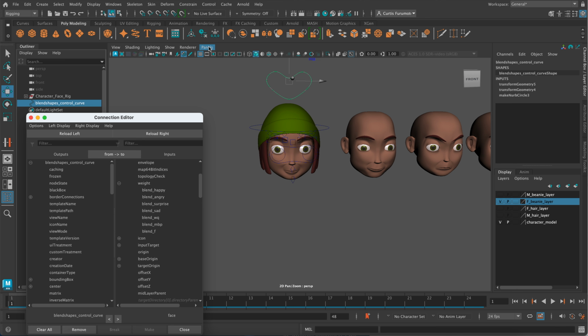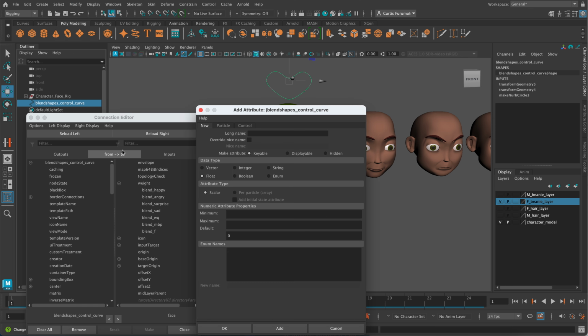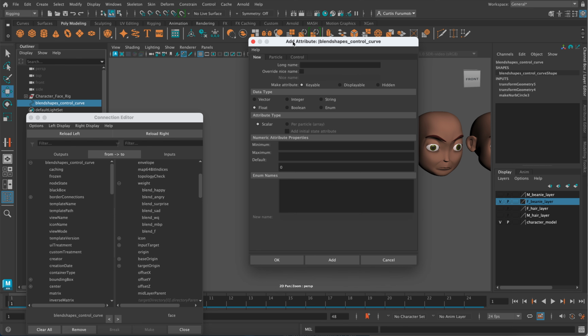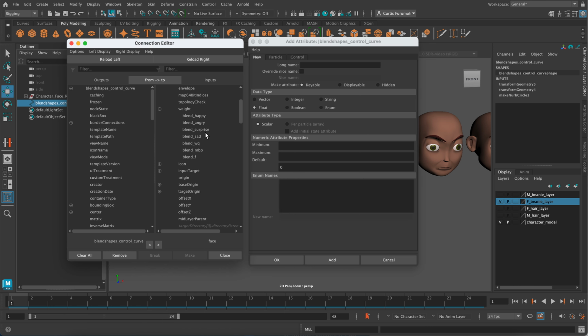To set that up, we're going to go up to modify, and we're going to choose add attribute. So modify and choose add attribute. Now we're going to make 7 of these. I'm going to have this connection editor handy, because that's really going to help me name things. So I'm going to go down the list right over here. Where it says long name, right now we're making fields. For long name, real easy, I'm just going to put down